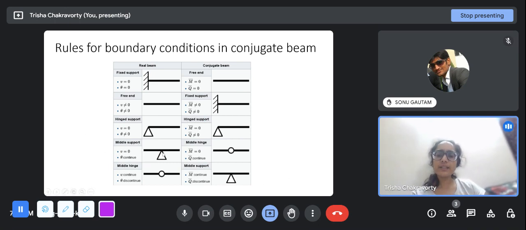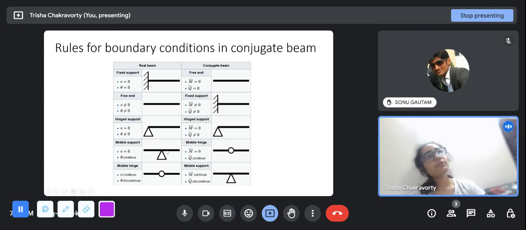And if there is a middle support, that is also called a knife edge. If there is a hinge, it acts as a normal hinge, but it is not at the end, so this is called a knife edge or a middle support. That converts into a middle hinge, that is an internal hinge. This knife edge, we have probably not encountered too many times before. This knife edge basically means that vertical displacement will be zero because it is a hinge, it restrains the downwards or upwards deflection. And rotation is allowed, but the theta on this side and the theta on this side has